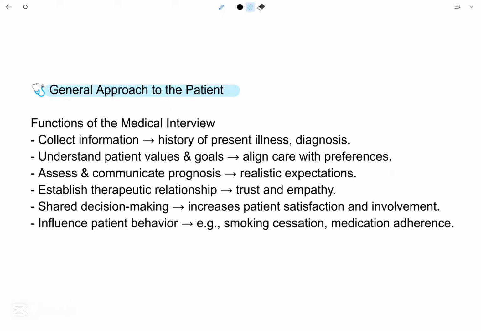Functions of a medical interview. So we will discuss the functions of a medical interview, basically how we will interact with the patient. First is to collect information: history of present illness and diagnosis. Understand patient values and goals, align care with preferences, assess and communicate prognosis, discuss the prognosis with the patient, realistic